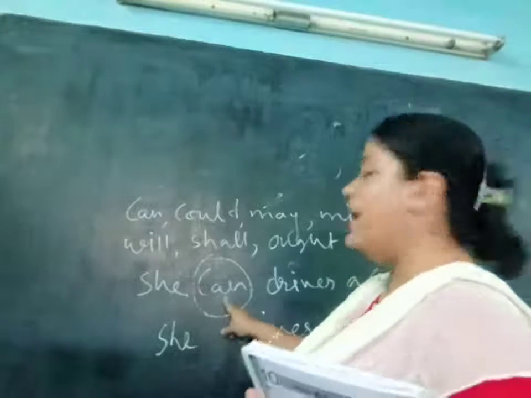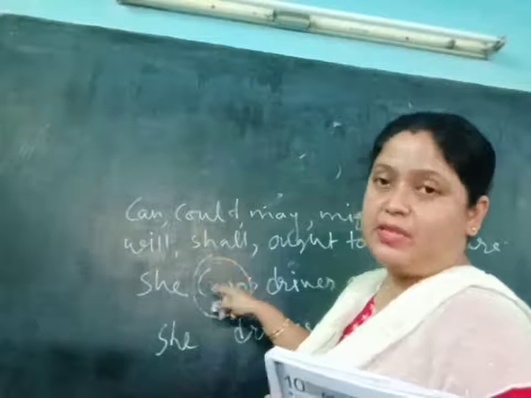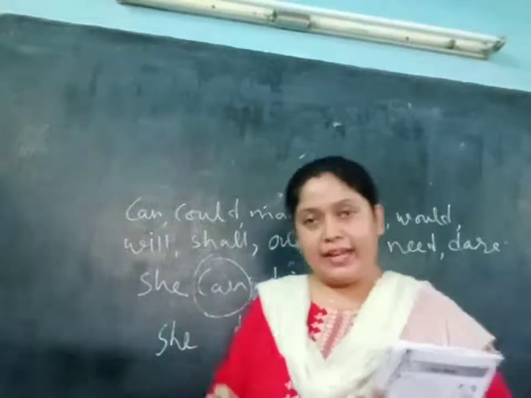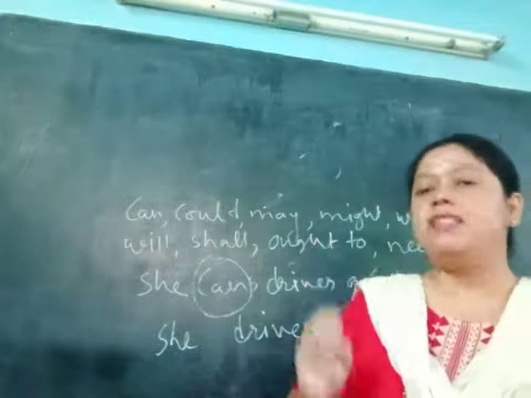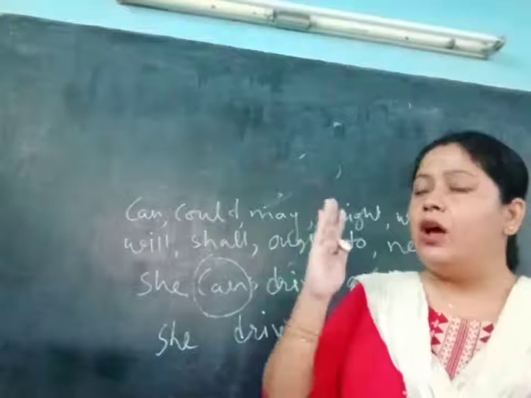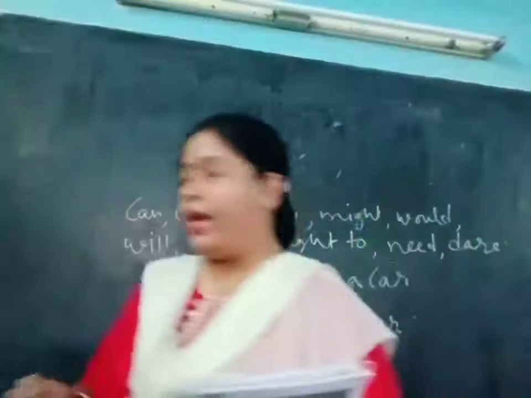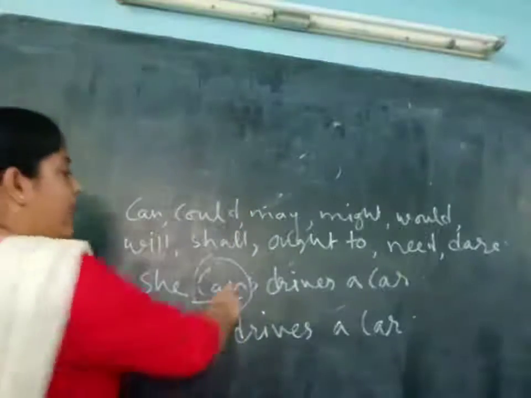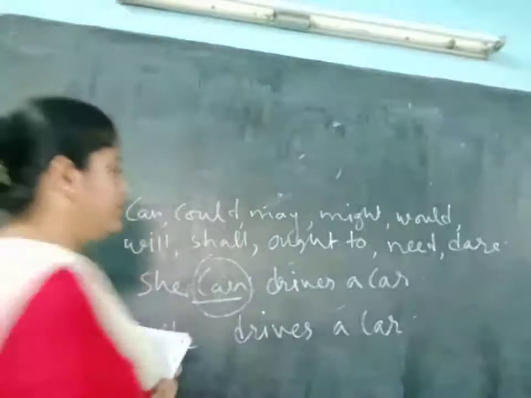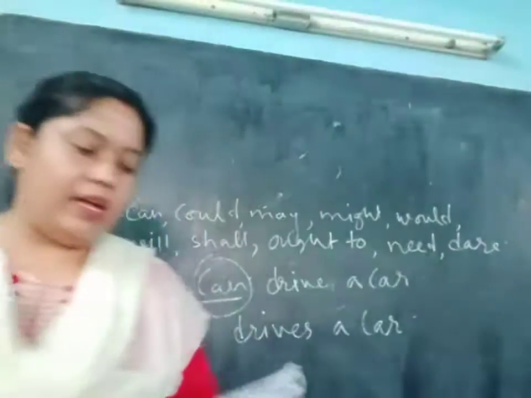When we are using can, it is also a verb, a modal verb though. We are not writing s or es as in simple present tense, because whenever we are writing a modal, we should always write the first form, that means the proper form of the modal. So we should always write can. So we write she can drive a car. Okay,